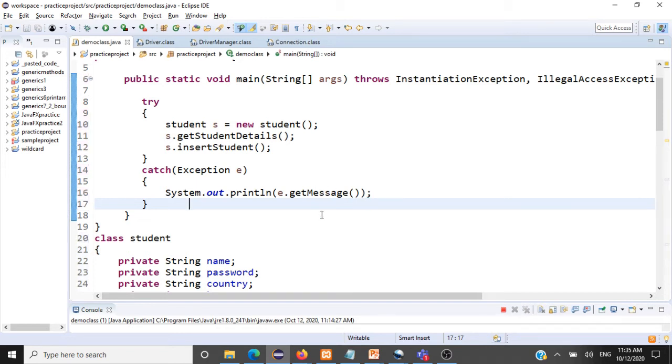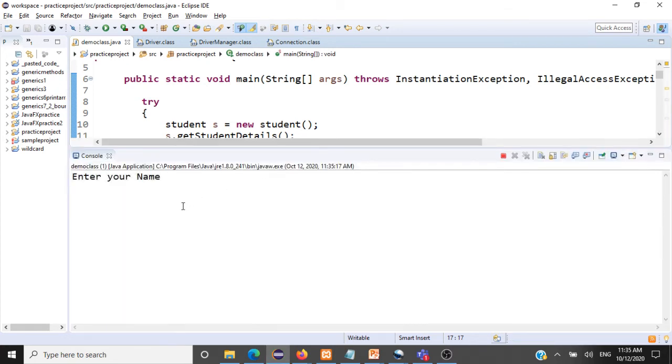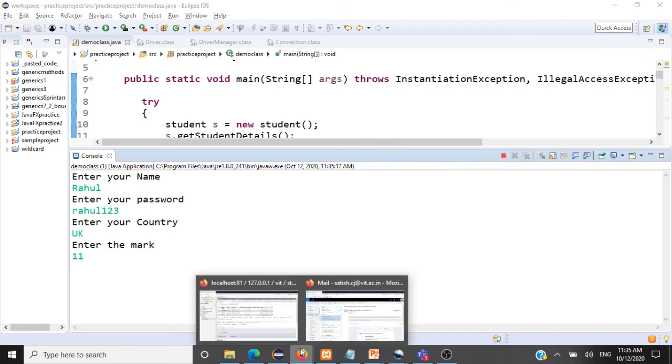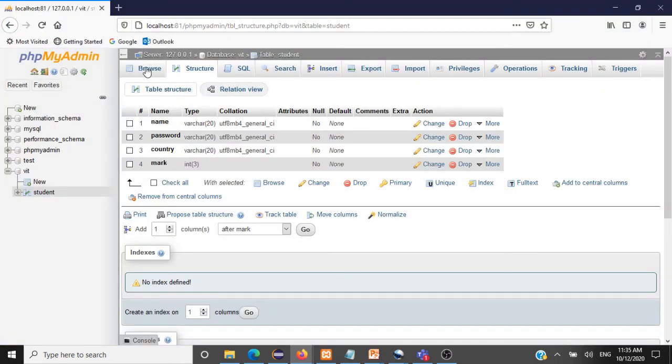Let's check whether our code works fine. Okay, enter your name. So I'll enter name as Rahul and enter password. Password we'll say Rahul123. Country says from UK. Marks scored is 11 marks. So is Rahul in our database? We'll go and check that. When I browse the database, the table does not have this particular record called Rahul.